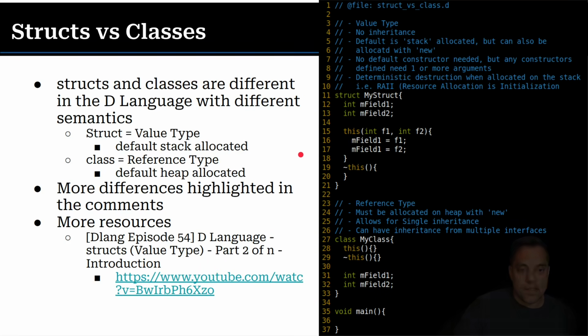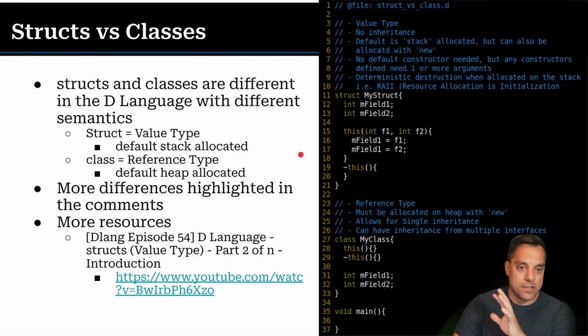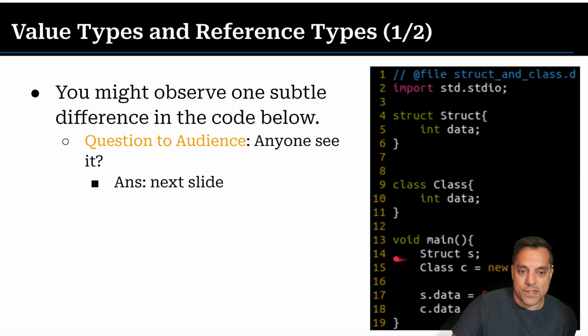I like this mostly because in D, let's say versus C++, class and struct in C++ are basically the same. There's a little difference with how they're treated with the public and private defaults in classes and structs in C++. But in D, classes and structs are very much different. There are ways to define new types, and you can have member functions and member variables as shown here. But again, you make a decision up front about what their semantics are. And again, you can read what the semantics are in the bullet points here.